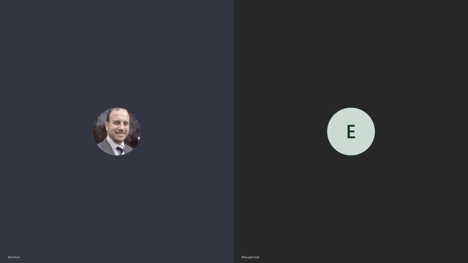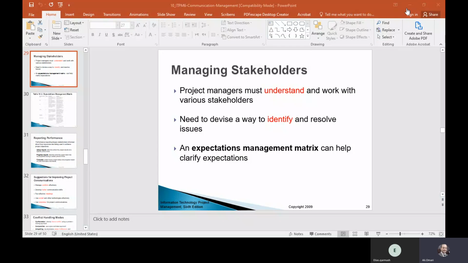Today we're gonna continue with our subject about communication management and managing stakeholders. The project manager must understand and work with different stakeholders.